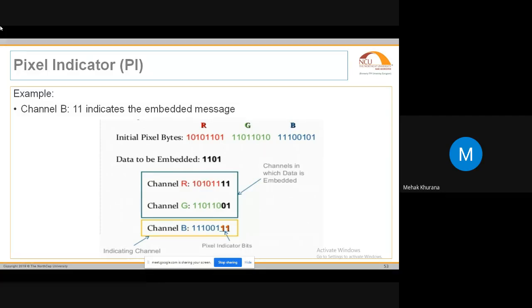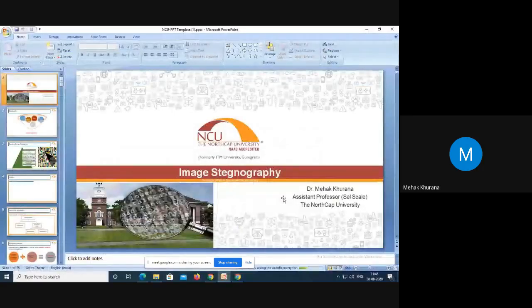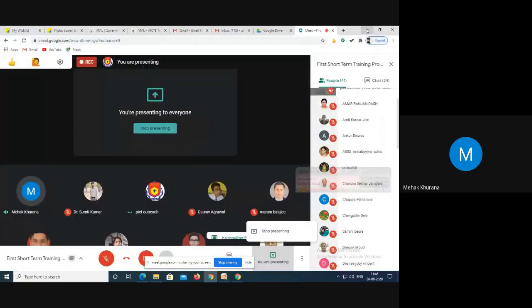So people have done a lot of research on least significant bit, and they have extended this method into a number of methods. So I'll be taking forward this session after 10. We can take a 10 minutes break, and I'll extend this session, and I'll try to reconnect and share my screen because we have to do the hands-on method. If somebody has a virtual machine or Kali Linux machine, they can also switch it on and do it side by side so that it will be good for you and you can also practice.